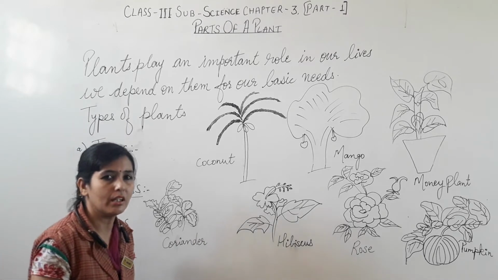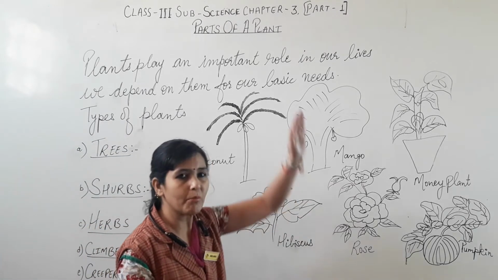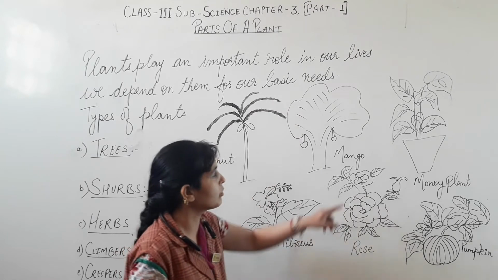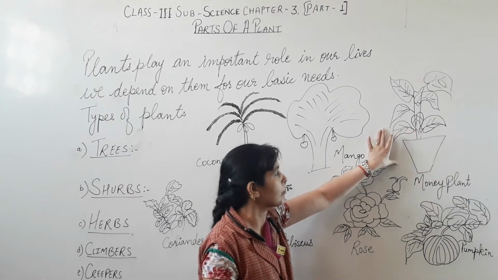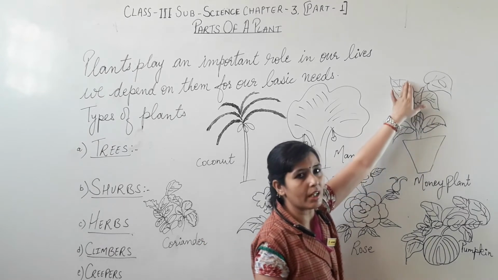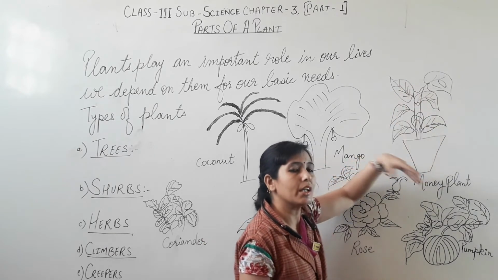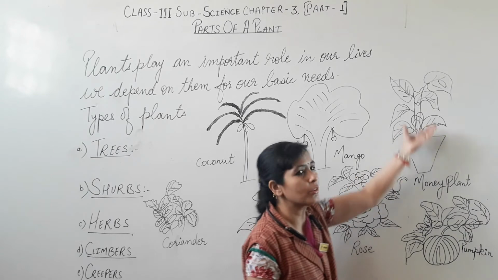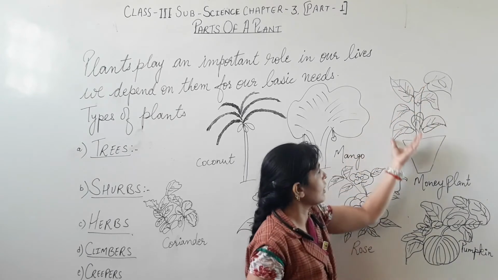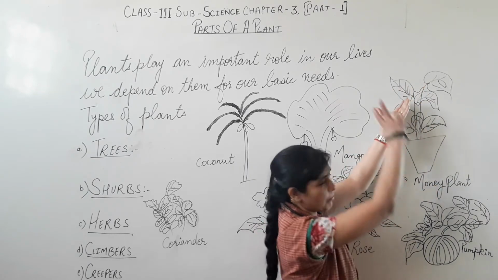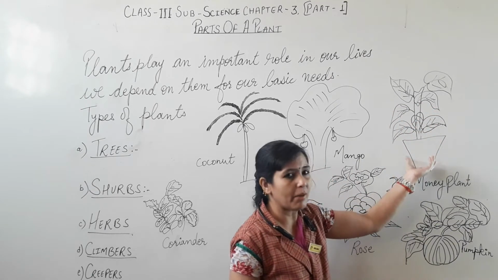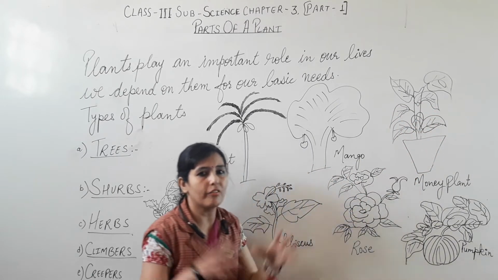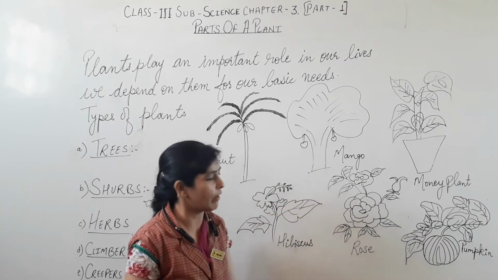Climbers, you can see, are the plants which climb a wall or need a stick to climb. You can see the common example of a money plant. You might have a money plant at home which needs a stick or a rod or the support of another plant to climb. That is known as climbers, which climb. A common example is the money plant. You can say the grapevine. Grapevine means the plant of grapes.